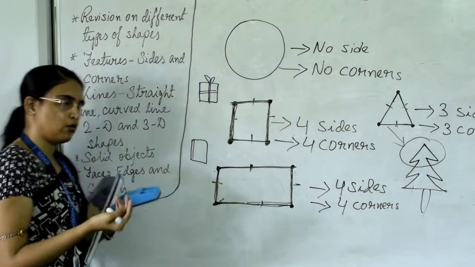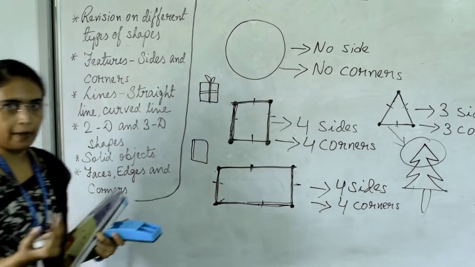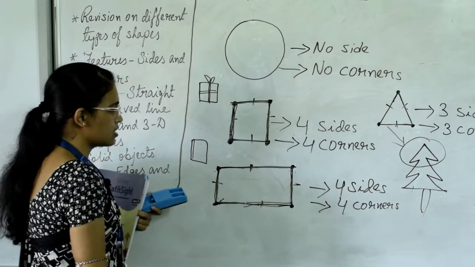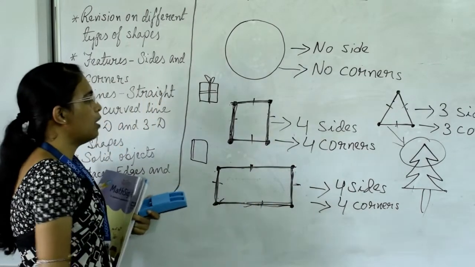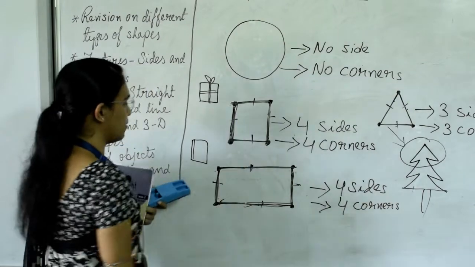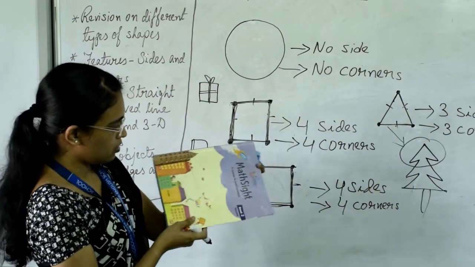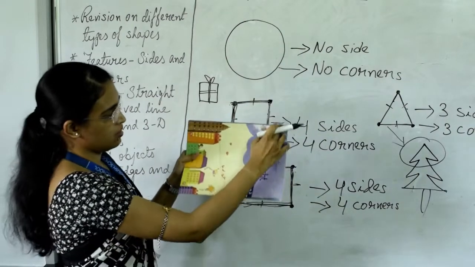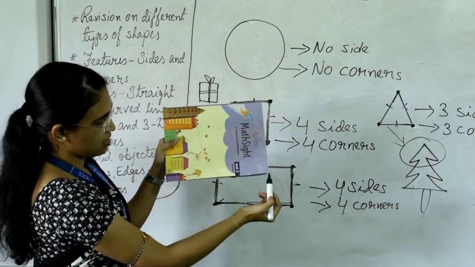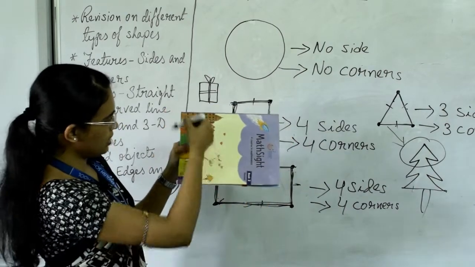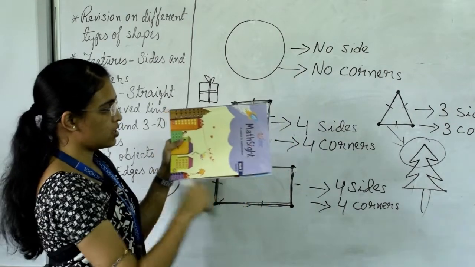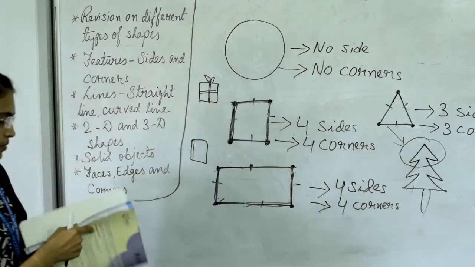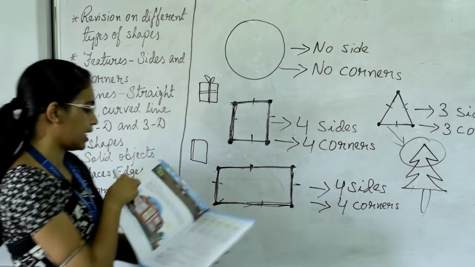What is the meaning of opposite? Ulta. Okay. So this line and this line are the same, and this line and this line are the same. But in a square all the lines are the same. Now look at the book. In the book also, this line and this line are the same, and this line and this line are the same. So all the 4 sides are not equal, right? The opposite sides are equal. So a book is an example of a rectangle.